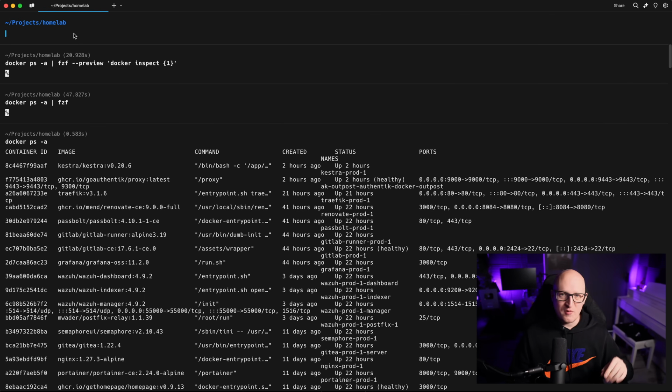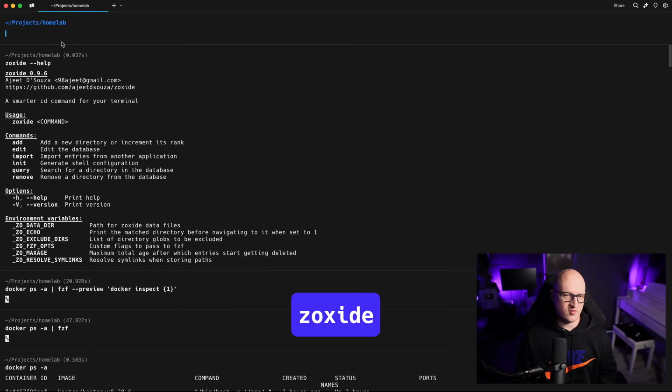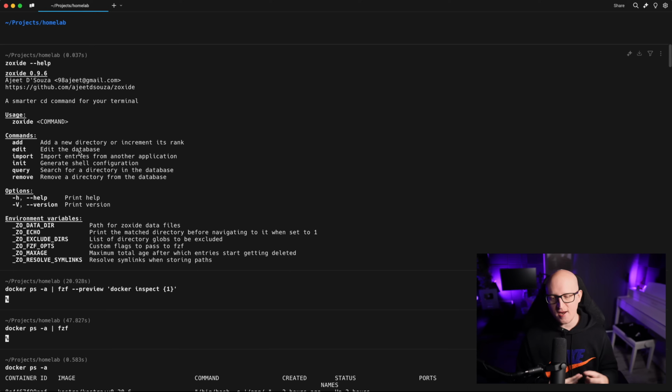Okay, so the next program is also not less useful. This is called zoxide or zoxide. I don't know how to pronounce it, but this is a small program that acts as a smarter alternative to the traditional cd command and allows you to quickly and easily navigate through directories on your disk. You use it with a z command and just type in the directory you want to enter, just like the cd command. But the cool thing here is that it remembers like every item or every path in a database